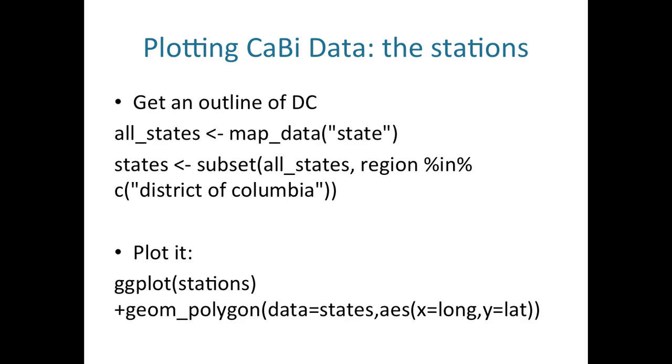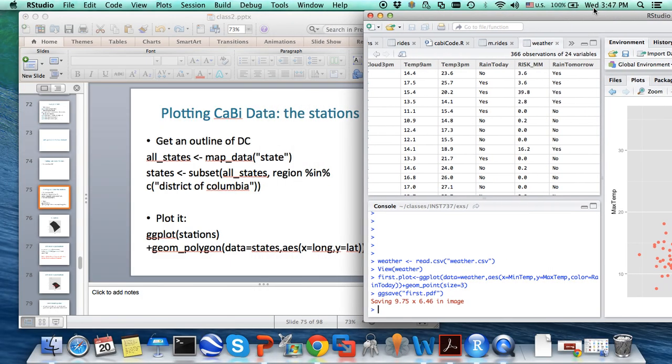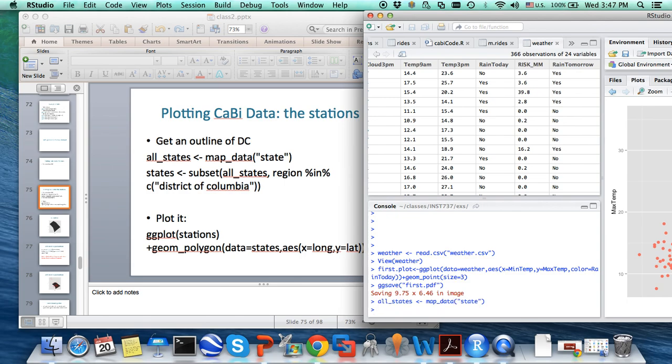So there is in fact a data structure called map data, where you can basically extract the outline for the different states. In our case, what we're going to do is extract the outline for the District of Columbia and plot it. This is what these two commands are going to do. So let's look at them. Basically, what we need to do is take all states, that's going to be the name of my variable, and from map data, take the information on a per state basis. And then, for the state that I want, take